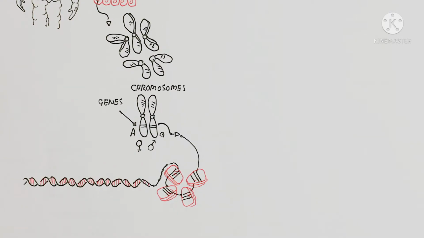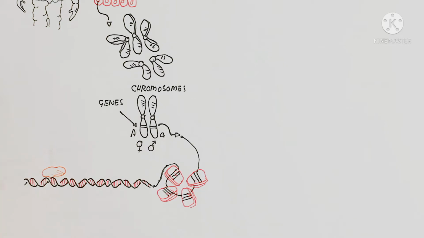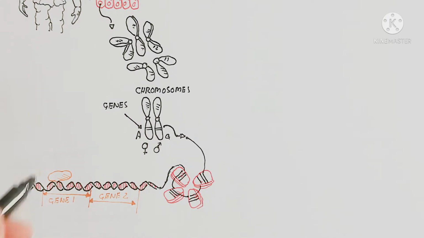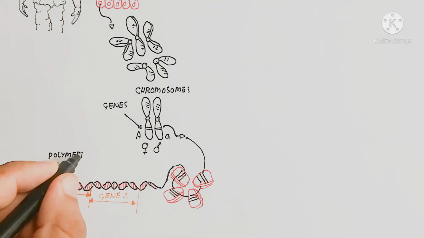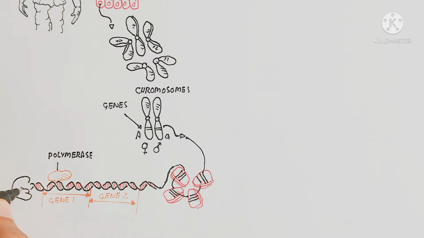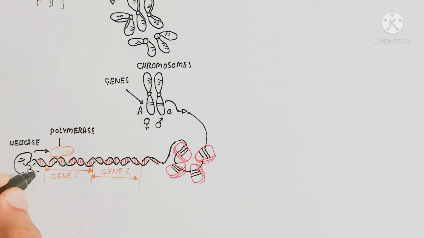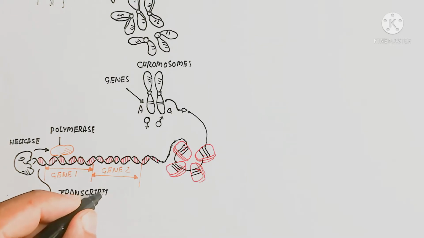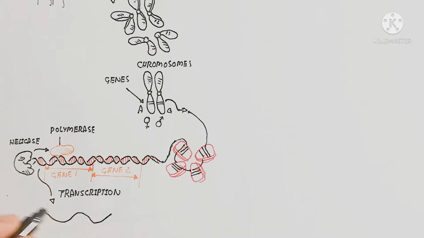Here is the histone protein, around which the DNA is wrapped. Eight subunits of histone protein are known as a nucleosome. This nucleosome, histone protein, and linker protein are linked and tightly bound to the DNA. This is the DNA thread, an anti-parallel double-stranded double helix with a phosphate and sugar backbone and nitrogen bases. Here is the gene region.